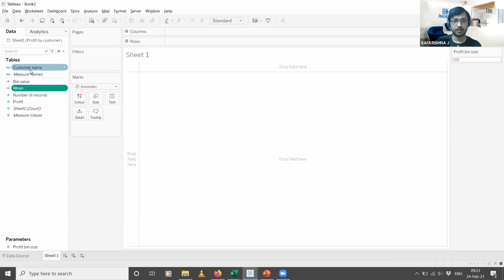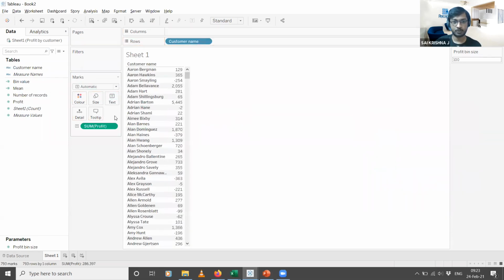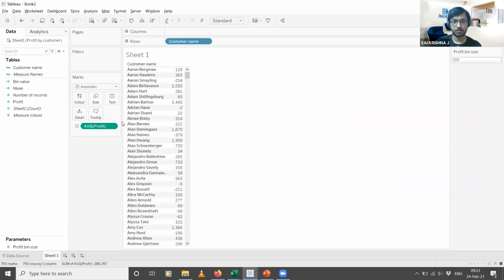Typically, when you put a customer name over here and you put the average of profit over here, each customer has only one row, so this is what it's going to look like.